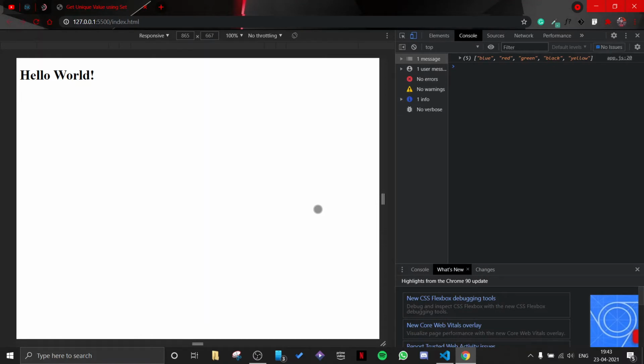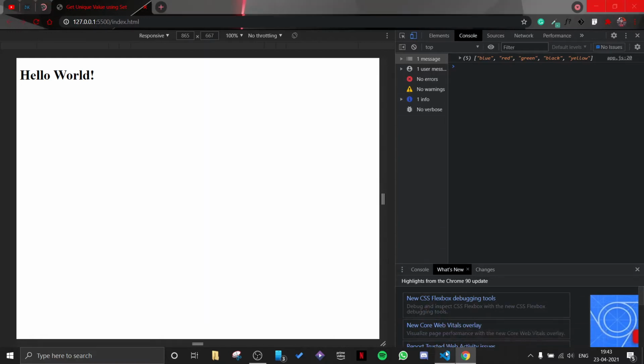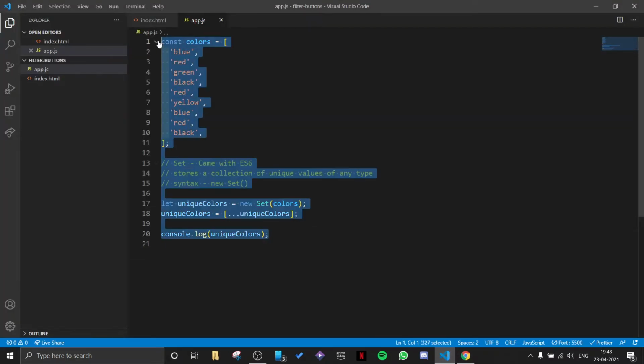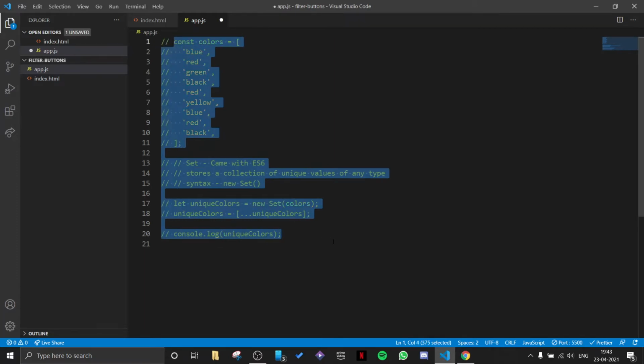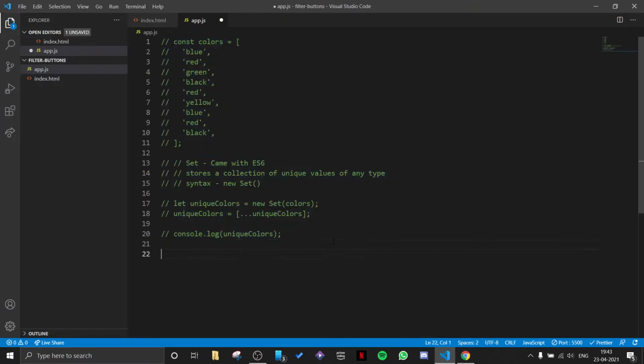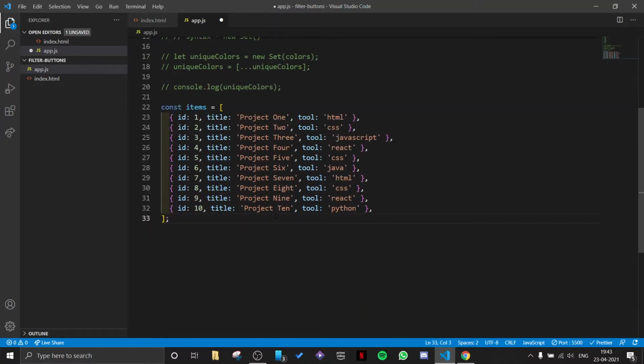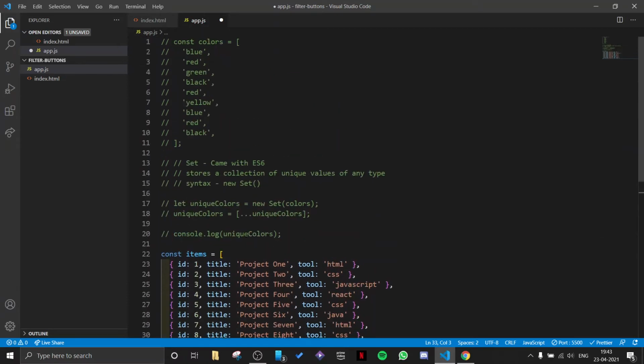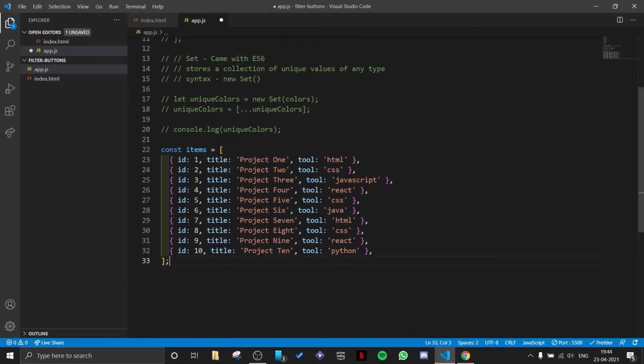And now let's work with a bit more complex example. I will navigate back to my VS Code and I will comment all this out so you can reference it later if you want. For the complex example, I will use a complex array. If you have ever worked with an API or you've seen what an API returns, you may be familiar with this setup. Usually you get a more complex setup, but for the example, I think this will work just fine.